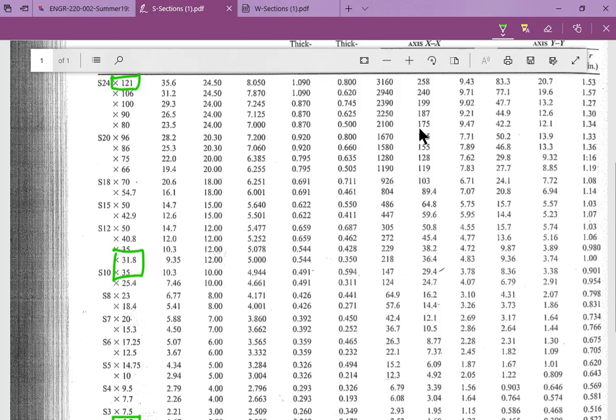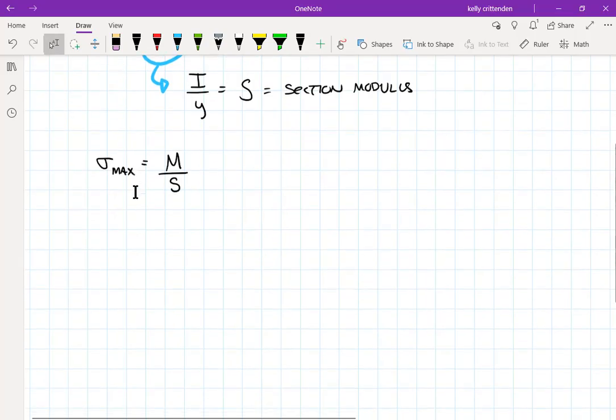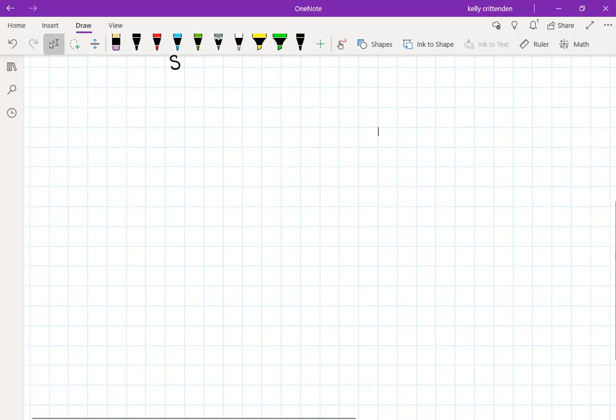But we don't know which one we want. Let's say we know we want an S beam. So that's all we know. We want an S beam, standard flange I-beam. And we would need something. Let's say that we have a